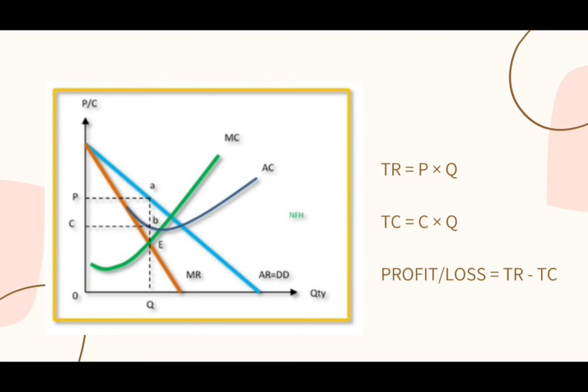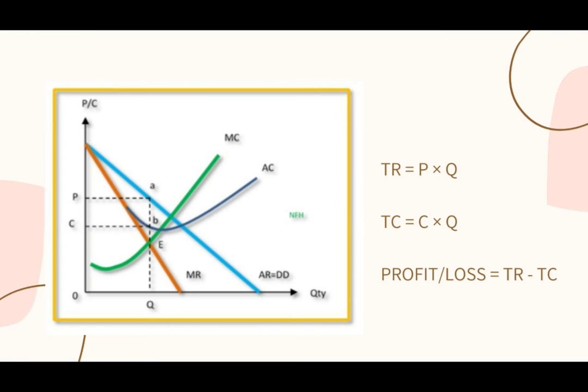Going down, we get the equilibrium quantity, which is Q. Then, going upward until it meets the AR curve at point A, and going to the side, we get the equilibrium price, which is P. So, from the equilibrium price, we can get the sum P multiplied by Q equals TR. Next, we find along the equilibrium line the point that touches the AC curve to calculate the total cost,